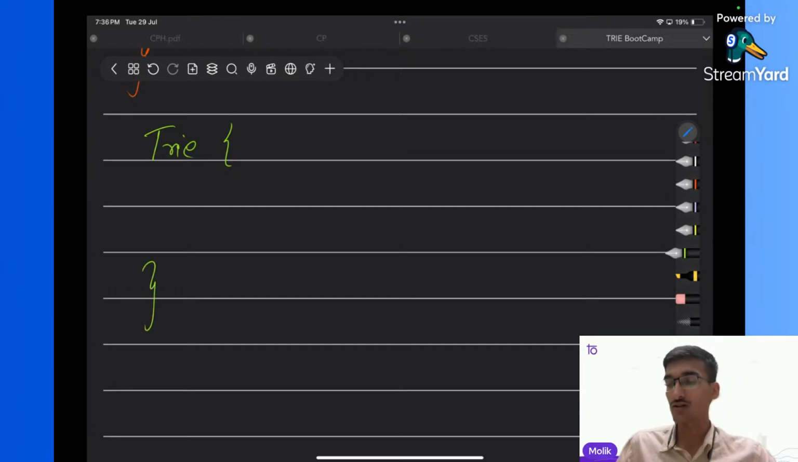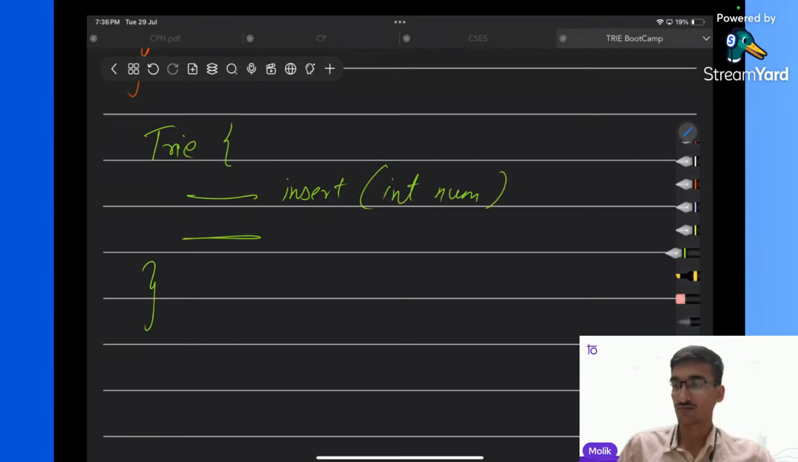So, trie. What will we need in a trie? Right. Now what do we need? We obviously need an insert functionality. And what will the insert functionality need? It will just need a number. We will need another functionality which will be get maximum. And it will also contain a num, an integer,